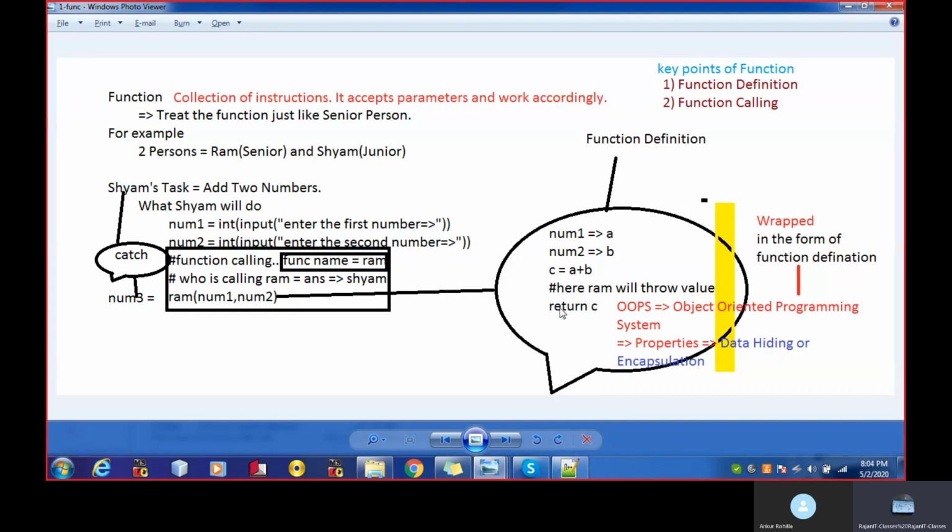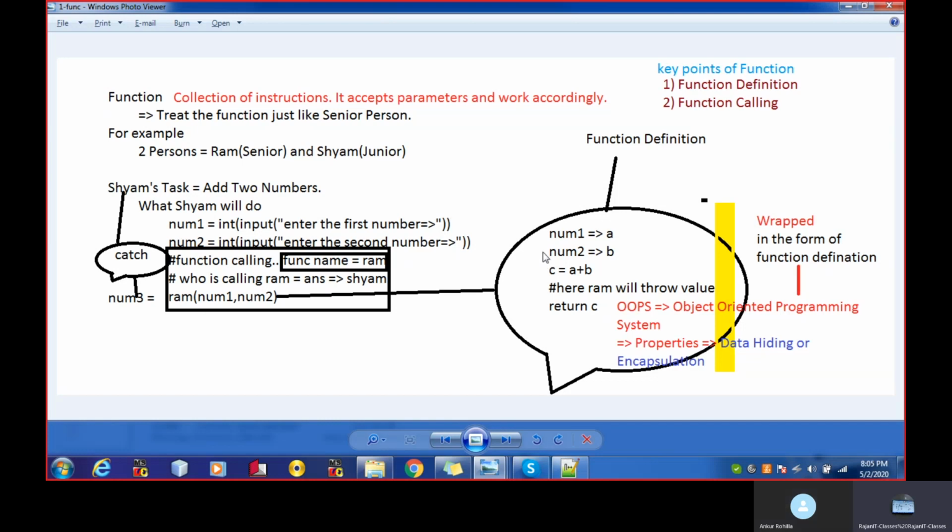The role of the return keyword is to throw the value, and whoever is calling the function has to catch the value. It totally depends on the problem statement whether the function returns a value or not. If your problem statement says that it should return the value, then use the return statement. Otherwise, there is no requirement to use the return statement, right?